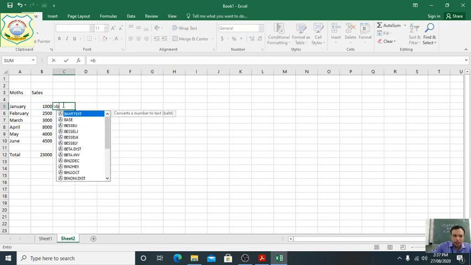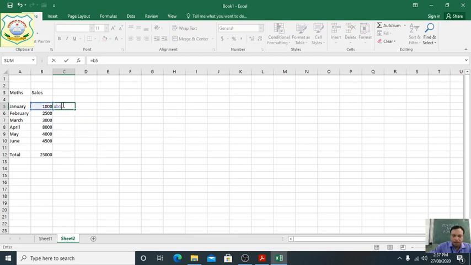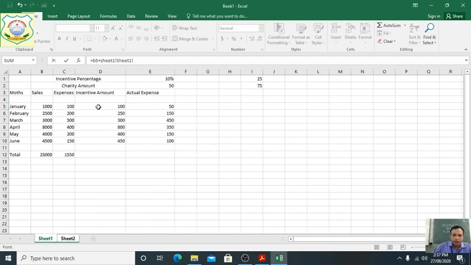Equal B5 plus, okay, plus we have written Sheet1, colon, what we are taking? D5.